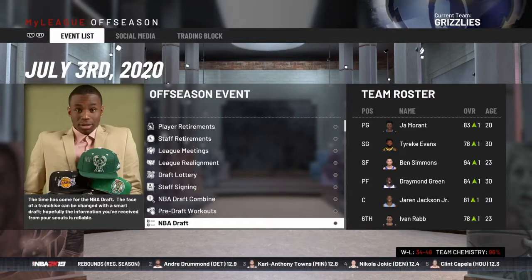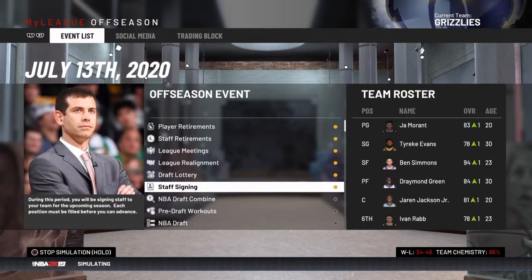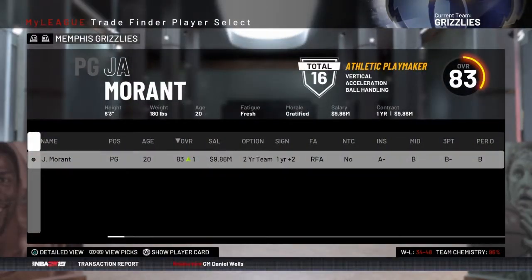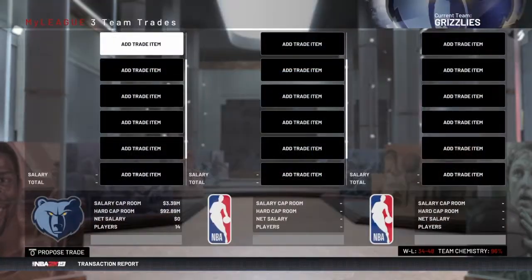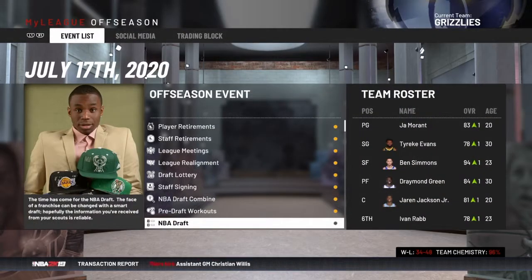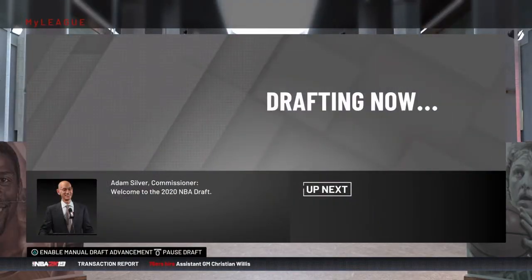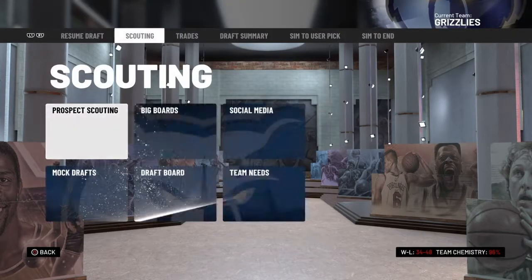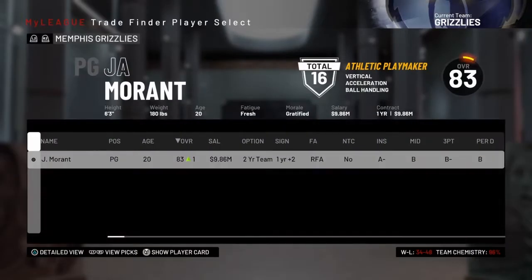So let's go to the NBA draft and see where our pick is. See if we even have a pick, because I remember in yesterday's video I clearly did not see the pick we had. And we have the 2nd overall pick. So I really don't know who's in this 2020 draft. So let's see what we can get for the pick before we even